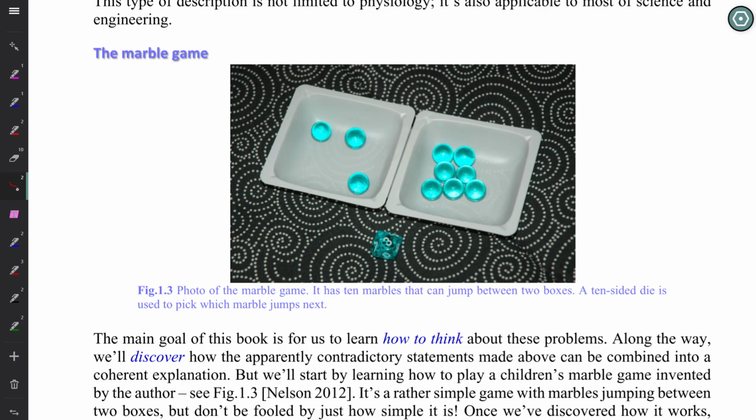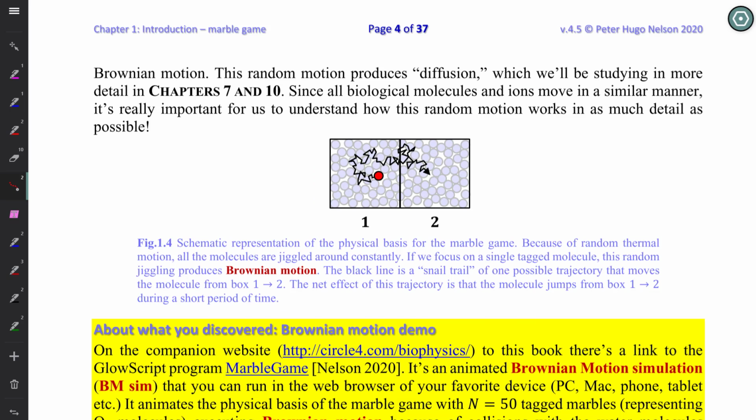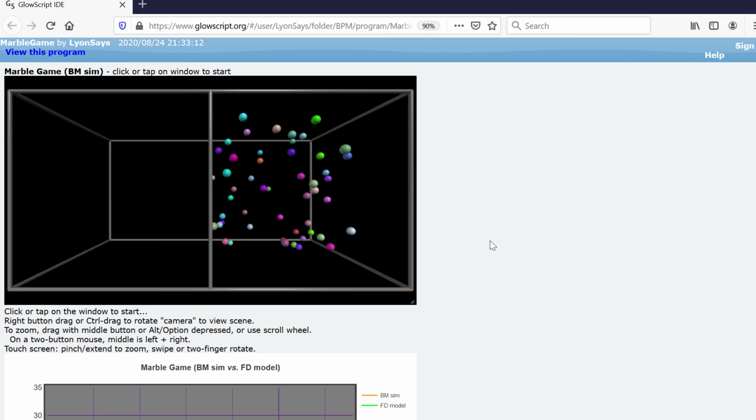Here's a picture of the marble game, which is a game that's run by a dice, and the marbles can randomly jump depending on the roll of the dice from one side to the other side, and that simulates diffusion. The marble game jumps simulate Brownian motion of particles in solution. Chapter 1 has a link to a GlowScript program that shows how this works for a collection of 50